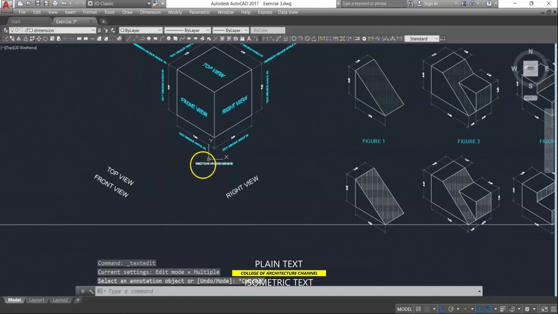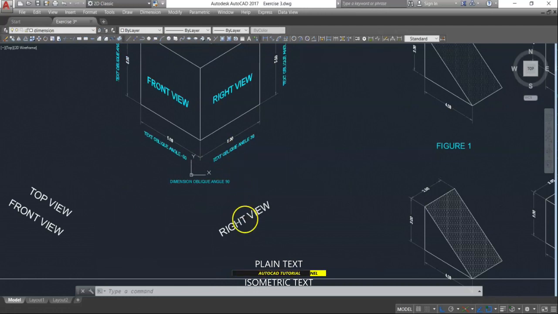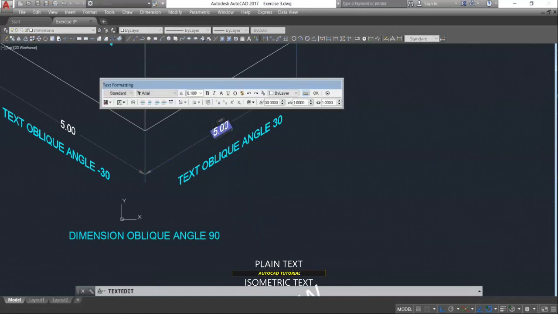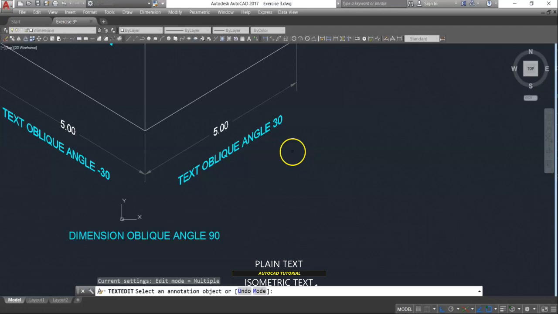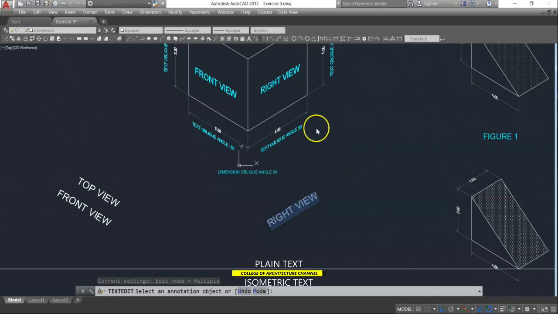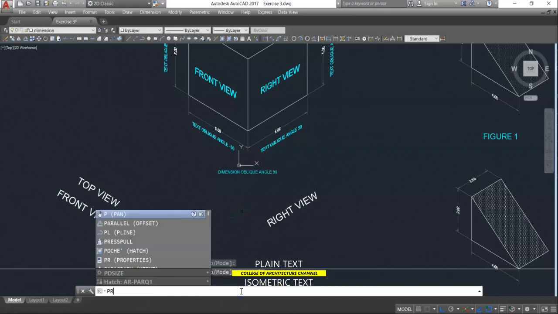Now, the difference between the text dimension and the plain text for isometric is that when you click the text dimension, the text formatting automatically appears and you will have this option for the obliquing. Now, press escape. However, if I click this text, you won't see that option. So you might as well type in properties